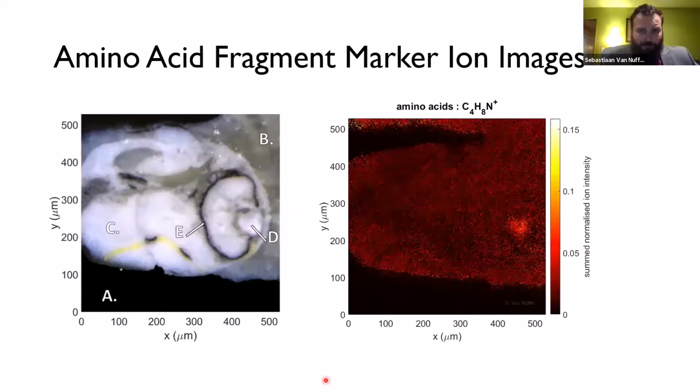The interesting thing is when we plot one of those amino acid marker ions, we can see that the amino acid signal comes from the tissue, which makes sense because tissue contains protein, and also from the BSA matrix, which makes sense because BSA is a protein. However, there appears to be an accumulation which co-localizes with the eye lens, which at first seemed a little bit strange, but